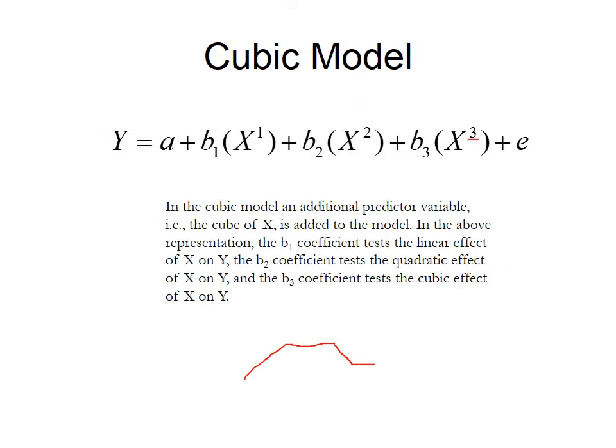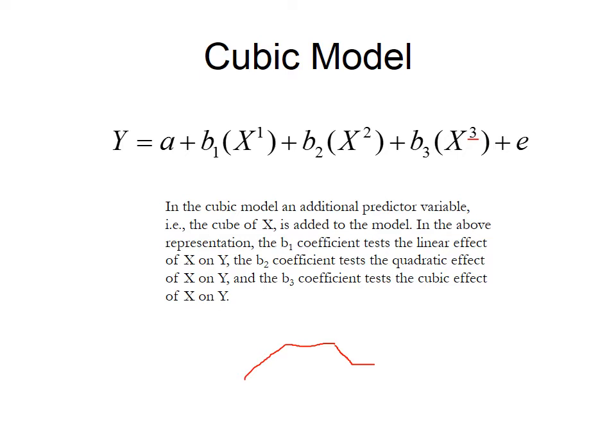We can also do a cubic model. Cubic model is exactly the same as what we just saw, except now we're going to cube the x variable. And when we cube it, we actually can get a line with 3 bends. So when we have a square relationship, we get 1 bend. If we cube it, we can get a second bend. Oops, that's actually a 4th bend. If we were to raise it to the 4th power, we could get a 4th bend as well.